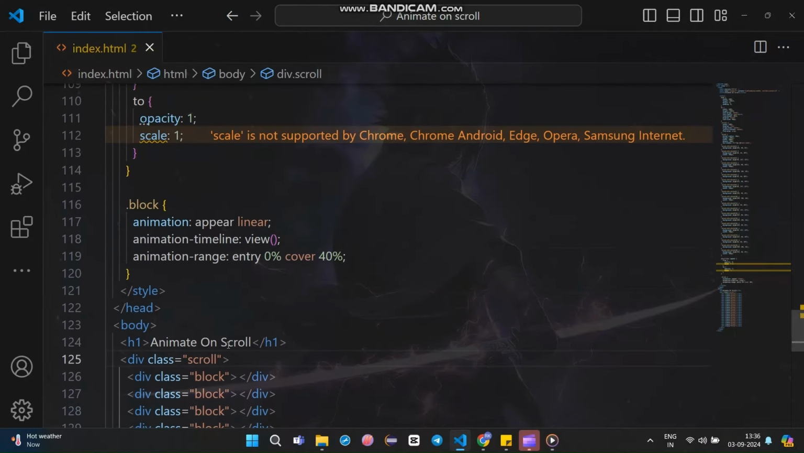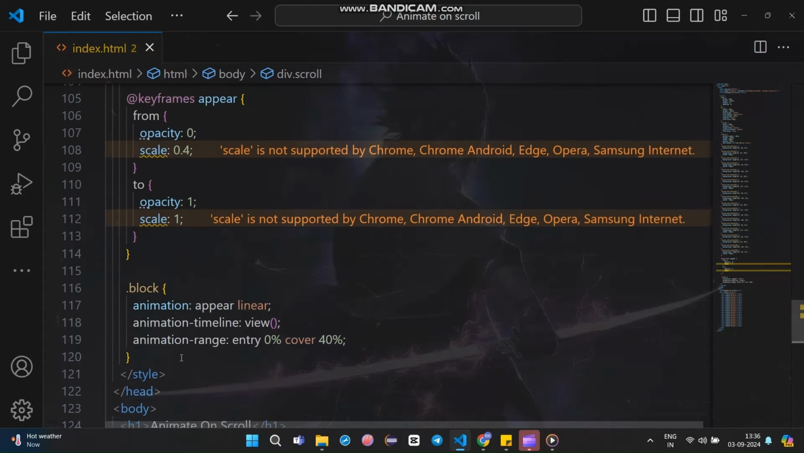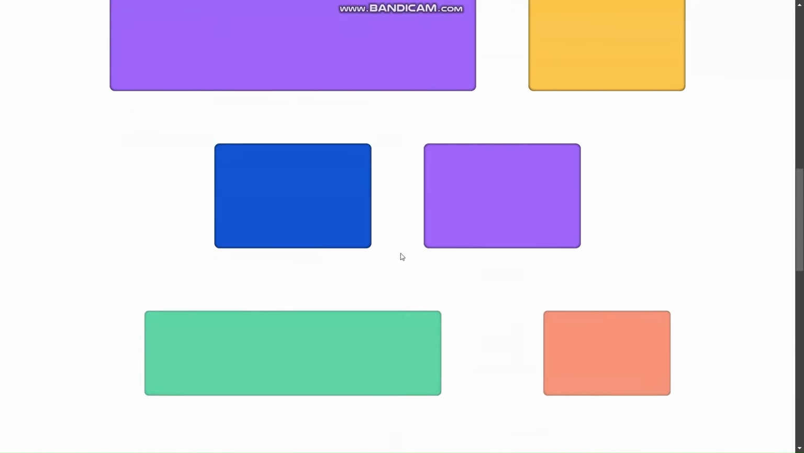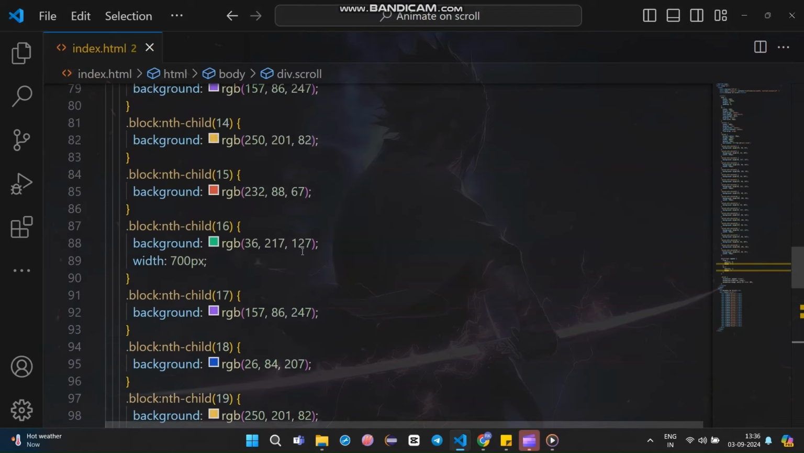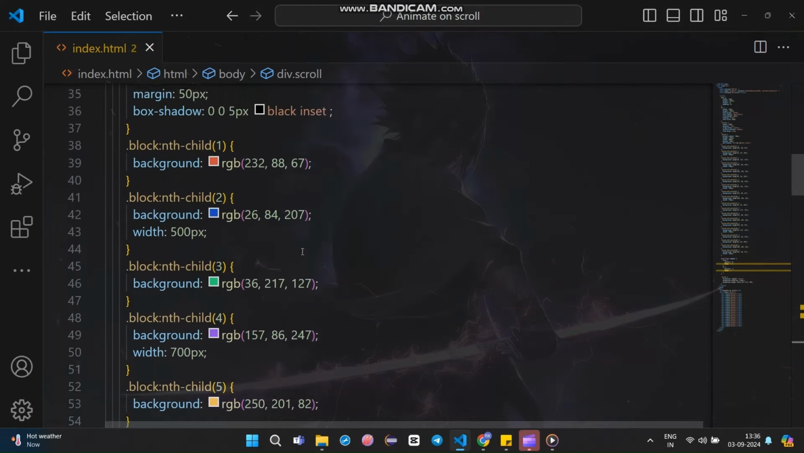First, I created a container with a class name scroll and added some elements with class name block inside it. These elements will be animated on scroll. You can see the text and block elements here, each with different sizes and colors, representing various elements of a website. Next, I have added some CSS styling like different background color as well as shadow effect, which makes the